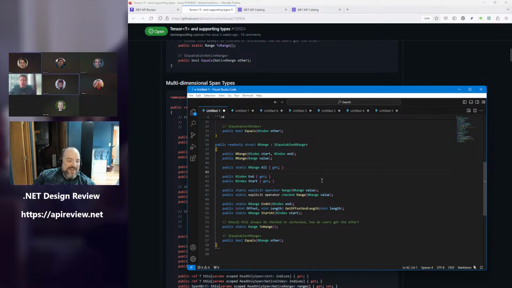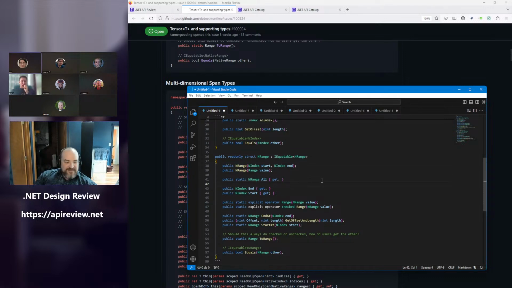I was going to call it native span. I was going to say that depends on whether we'll have language support to just be able to change span without breaking people. We can't change regular span. So we could do the thing to make regular span work with native length.